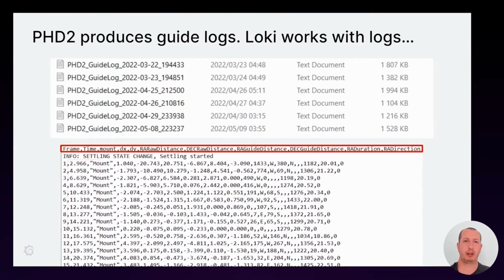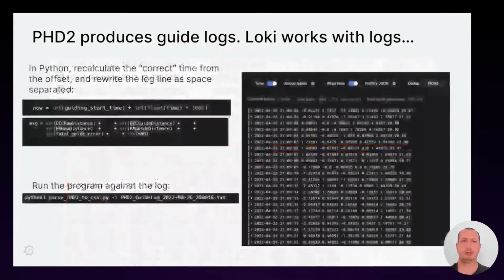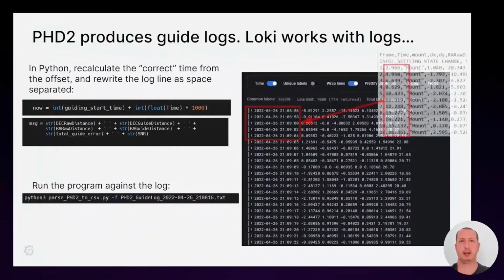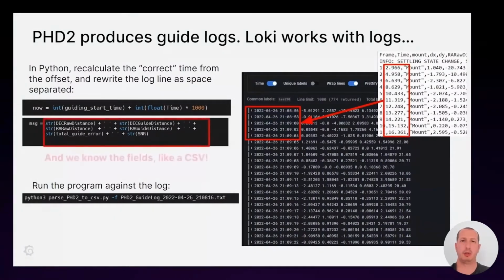The most problematic column is the second column, which is relative seconds from the start of the measurement taken, rather than actual timestamps. Unfortunately with Loki, we need actual real timestamps and not relative time to work. So our first step will be to fix this. I wrote a Python program that can read these guide logs, read the relative time offsets, and recalculate the exact timestamp into a format that Loki will understand. I also don't need all of the fields in the original log, so I can just pick the few that I'm interested in. These I push into Loki via the REST API, and now I have something to work with